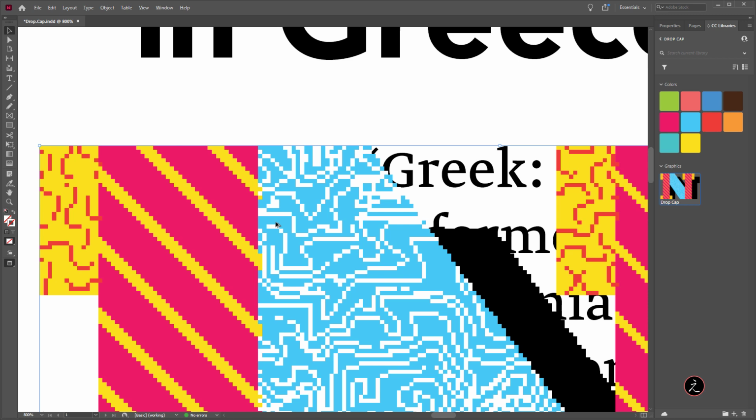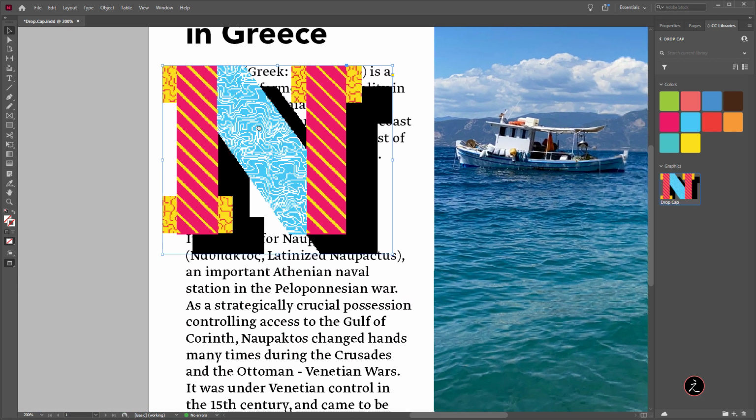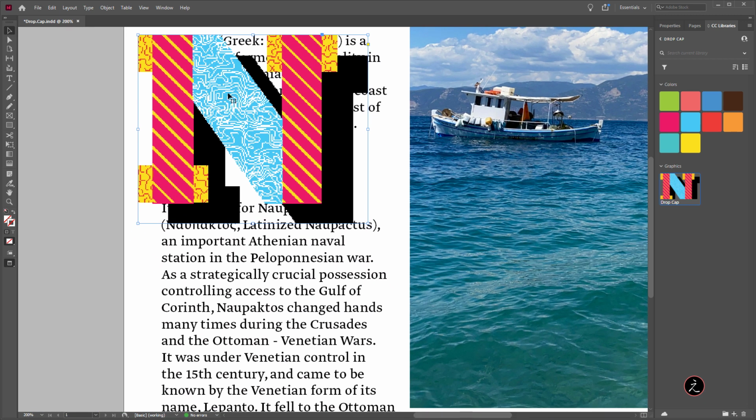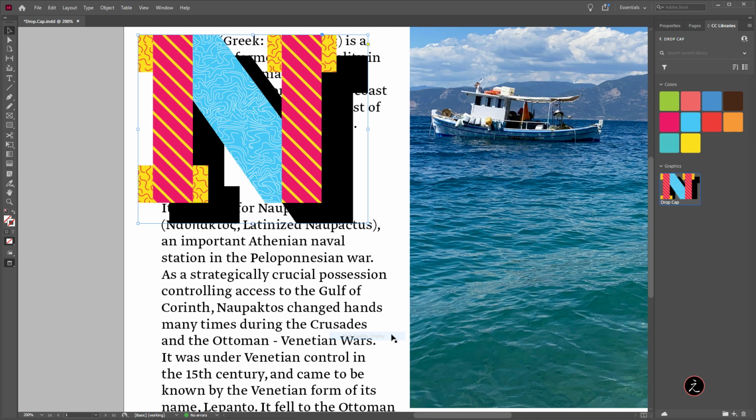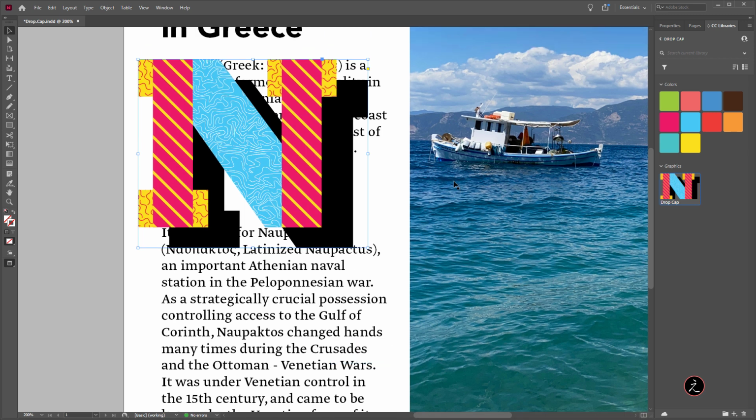There we go. As you can see, we get a pretty low display preview here. So right click, display performance, and then choose the high quality display like so. The next step is to resize this, but we need to resize this proportionally.